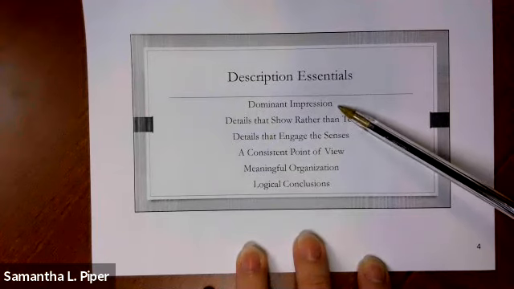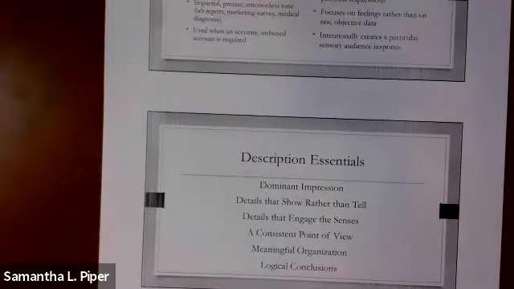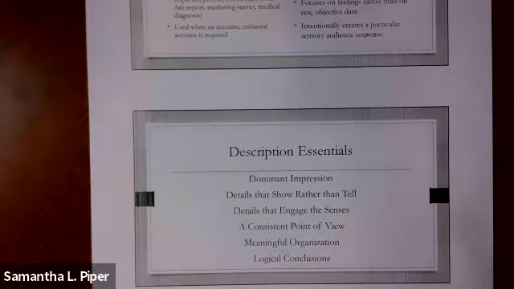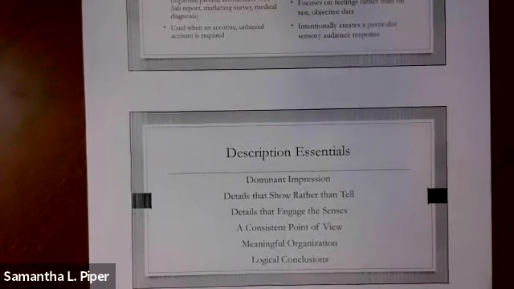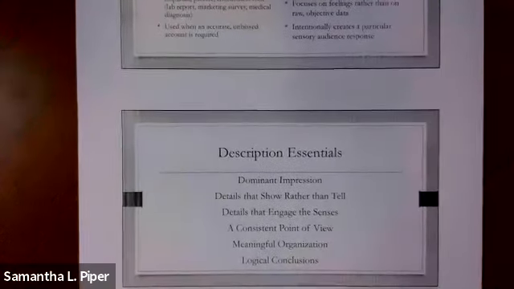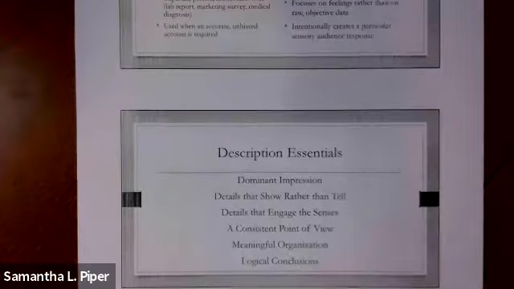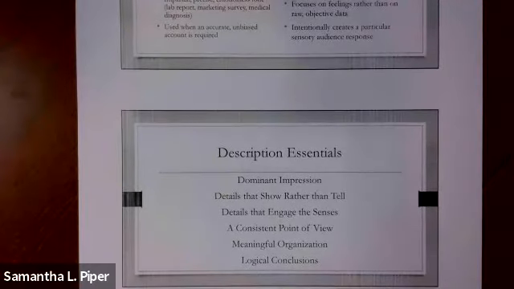What is the dominant impression in the text? Details that show rather than tell, all of those things. So I've got a couple examples. For instance, that dominant impression might be the feeling of being trapped or feeling hopeless versus the feeling of flight and that freedom that allows a free bird to move around and make decisions for himself. So that could be something. It could be just the comparison between the free and caged bird, freedom versus being trapped or being in jail, for instance.